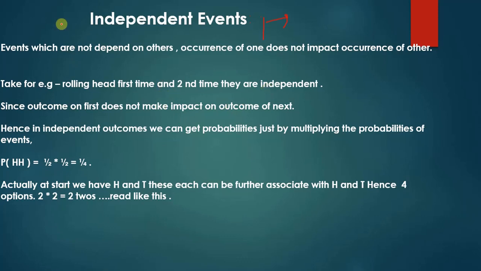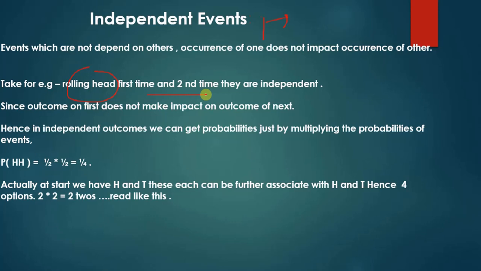The best example I can provide is flipping a coin for heads, the first time and then the second time. Are they dependent? No, correct. What happens in the first instance does not impact the probability of getting a head the next time. Even if heads has come 10 times and I ask you to predict the 11th time, your answer should not be that head is more probable. No, they are independent. The 11th can be head or tail, with the same probability, 50-50%.